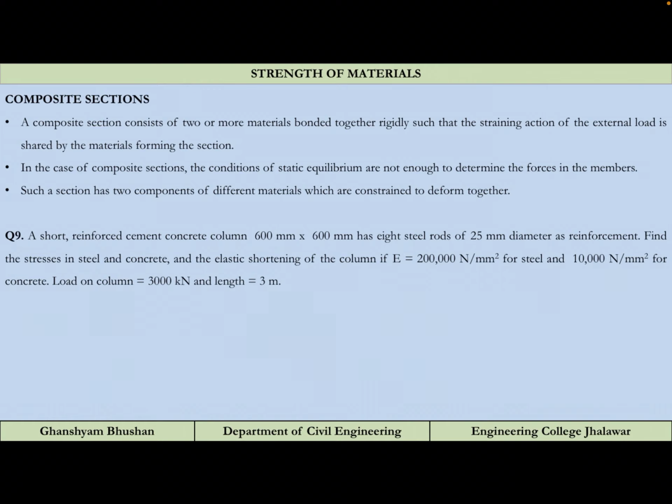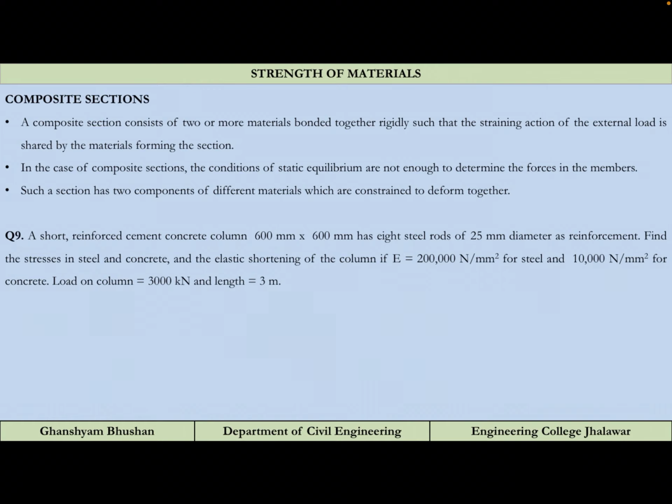That means the concrete which you are seeing from outside is being reinforced from inside with the help of steel rods. HYSD bars or steel bars, plain mild steel bars, whatever type of bars are used depending upon the load and various conditions. So why are we using these steel rods? Because the tensile strength of concrete is almost zero, very close to zero. So what if the load is tensile? Then to encounter that tensile load, we are using the steel rods.